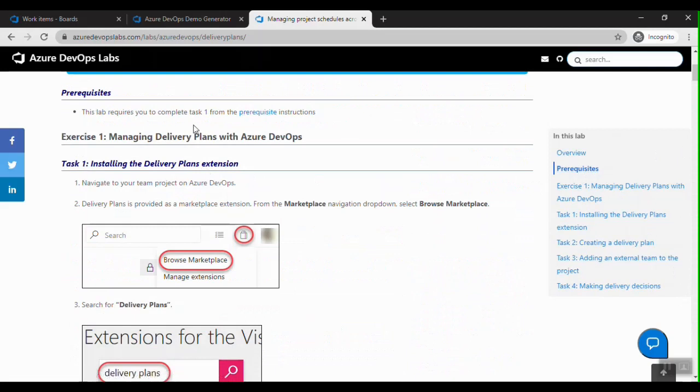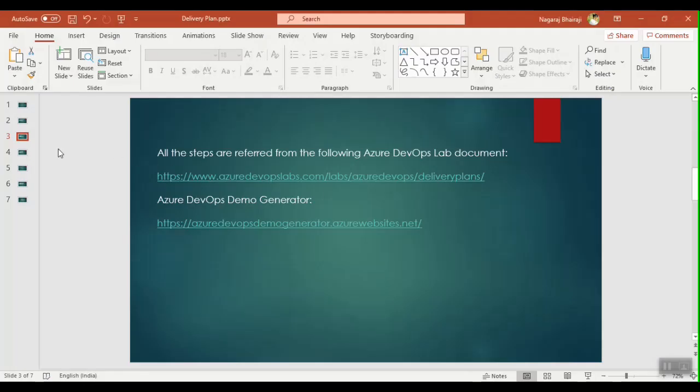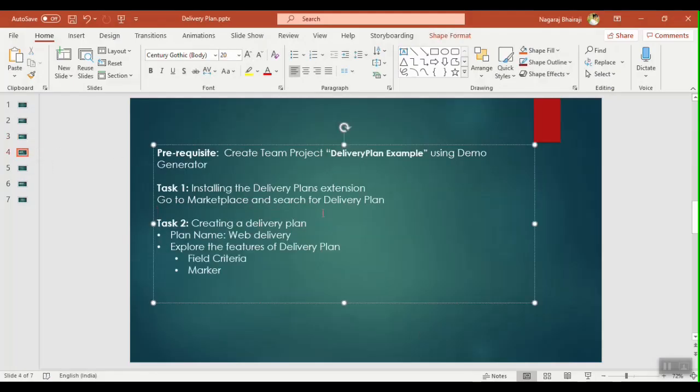So the first prerequisite is to create a team project using Azure DevOps demo generator. Let's create the team project called delivery plan example using the demo generator tool.